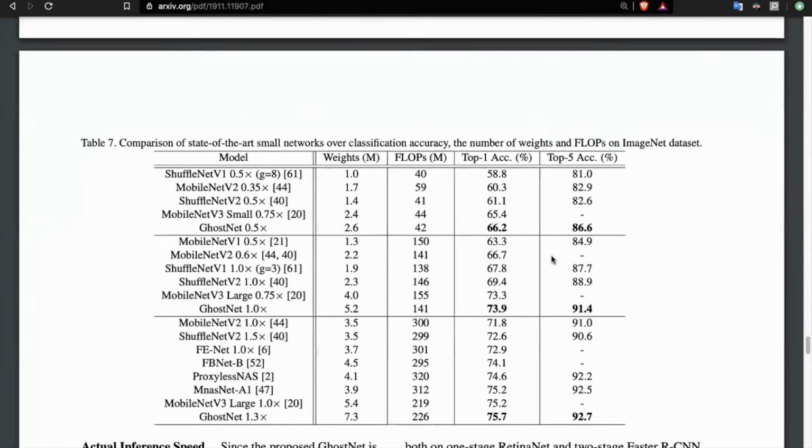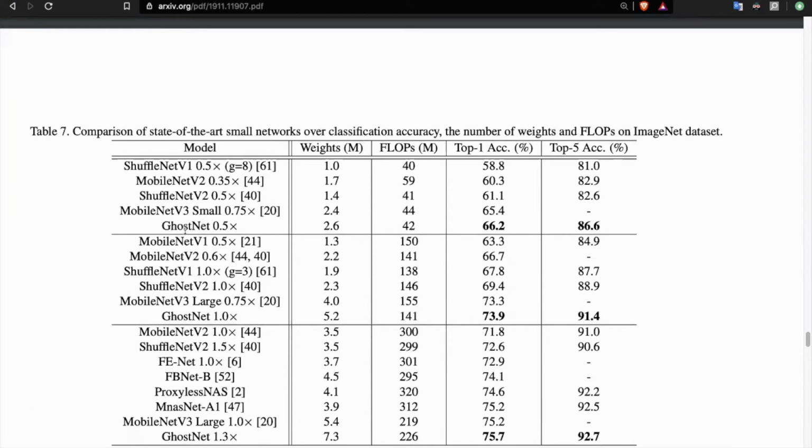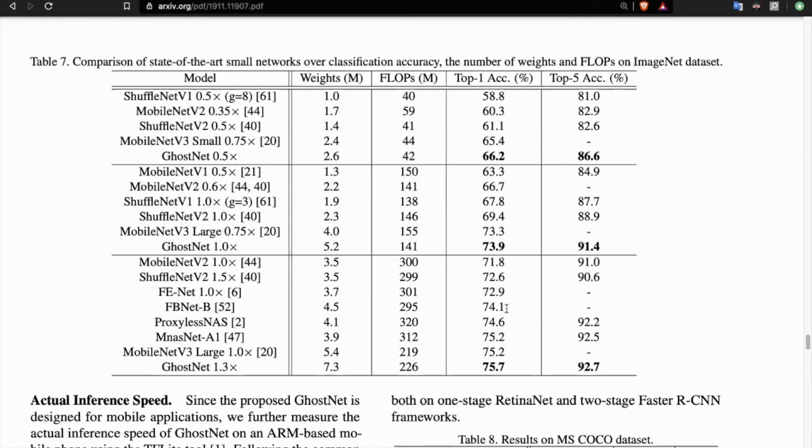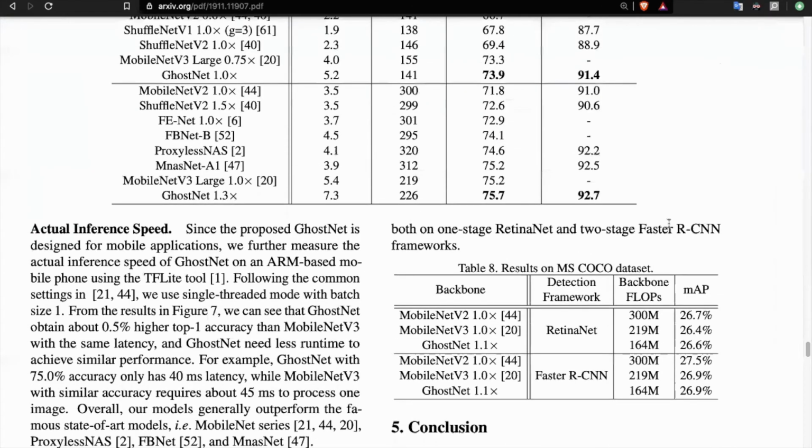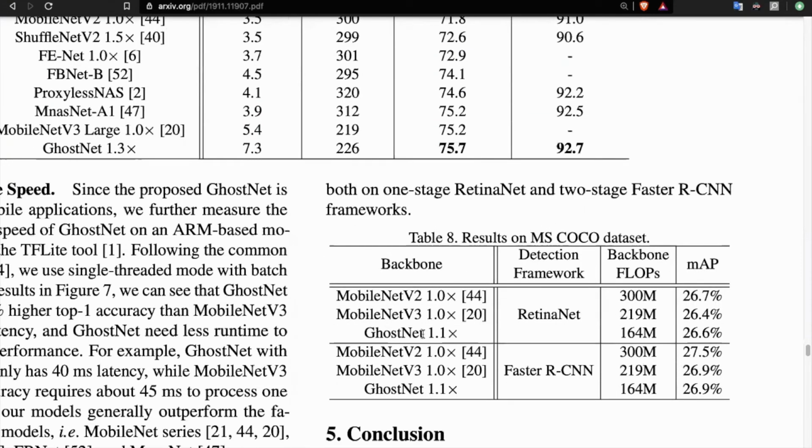So here, what we have is just a comparison of GhostNets against MobileNet v3 in a bunch of different models. They have state-of-the-art accuracy here, and they have also tested this GhostNet architecture as a backbone for an object detection model. They took a one-stage object detector like RetinaNet and a two-stage detection model like Faster RCNN, and they took 3 different variants of backbones, that is MobileNet v2, MobileNet v3, and GhostNet, and they found that